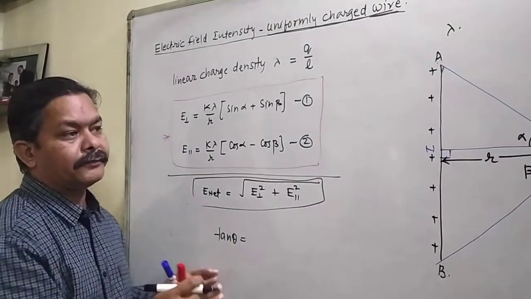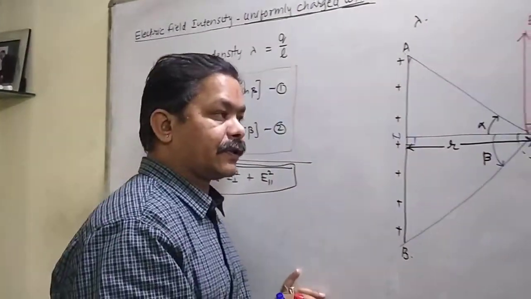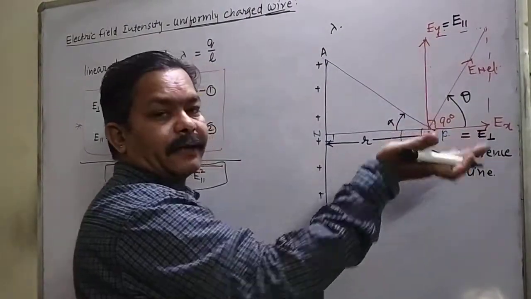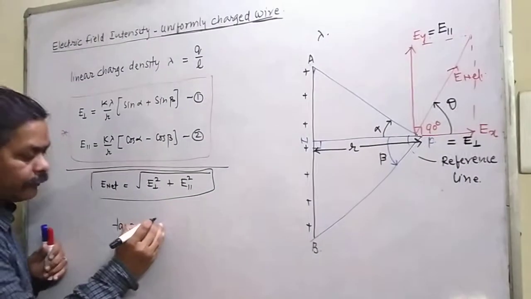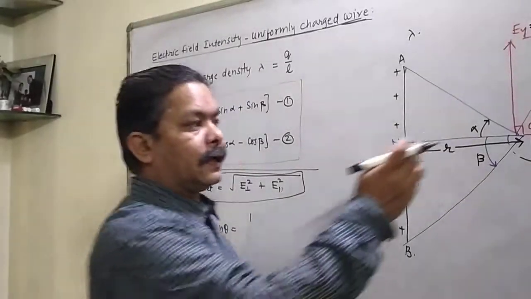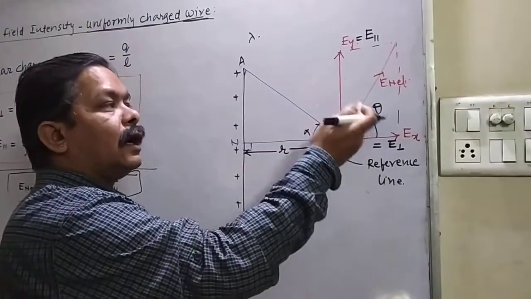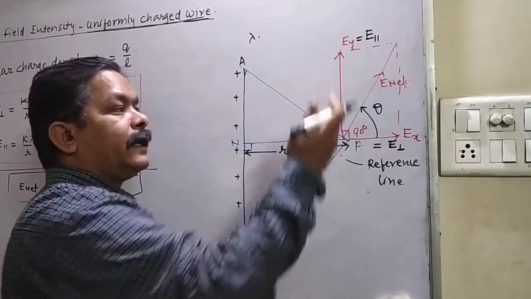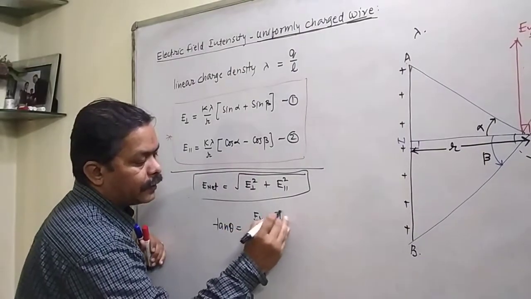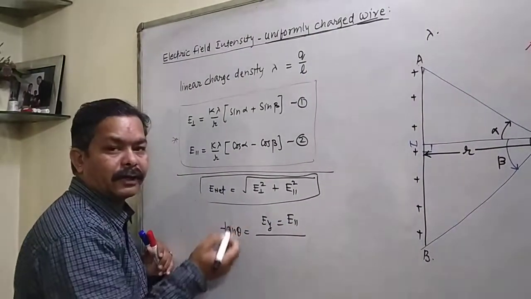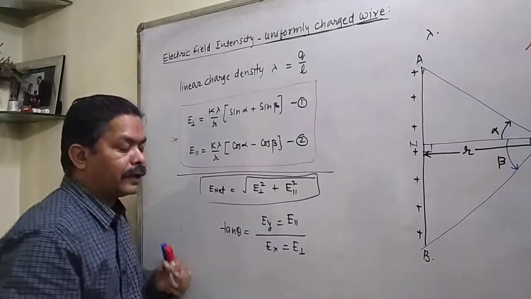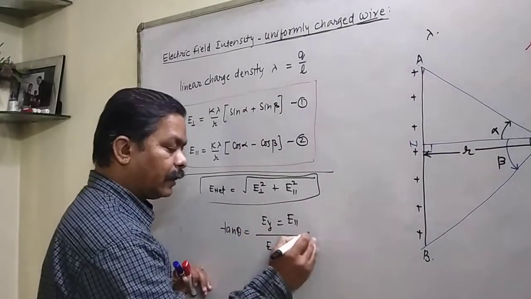Theta is the angle of the resultant field with the reference line. Suppose this is the angle theta that the resultant electric field makes with the reference line. So you will write tan theta equal to perpendicular upon base. The component away from the angle, EY, is the perpendicular. Or the parallel component can be the perpendicular, and the base is EX, or the perpendicular electric component will behave like a base. So you can write either.